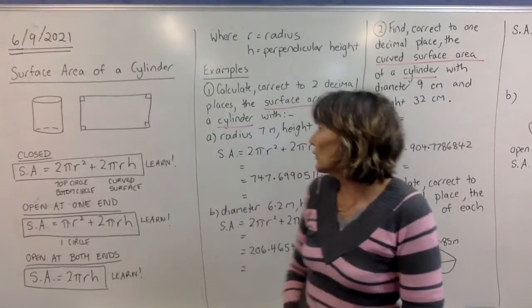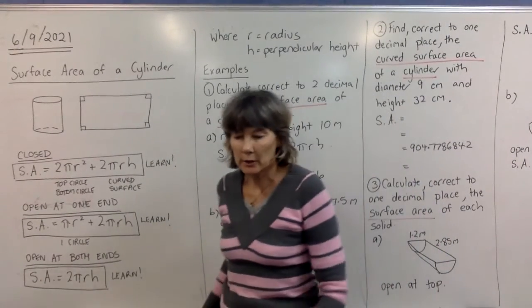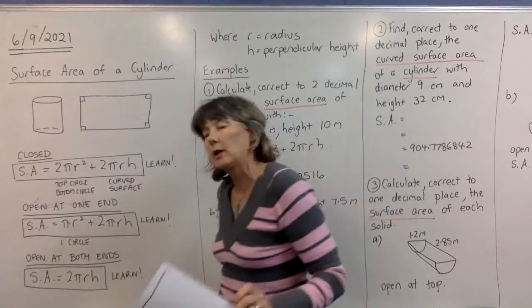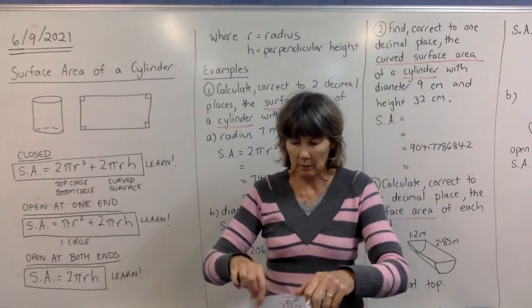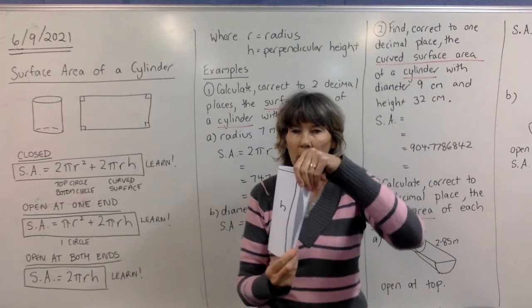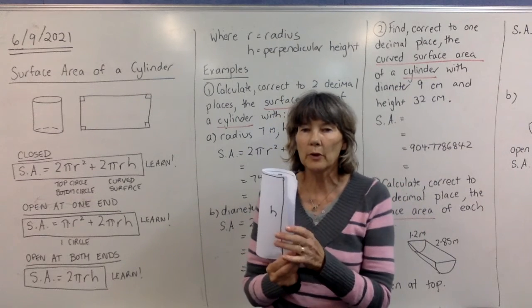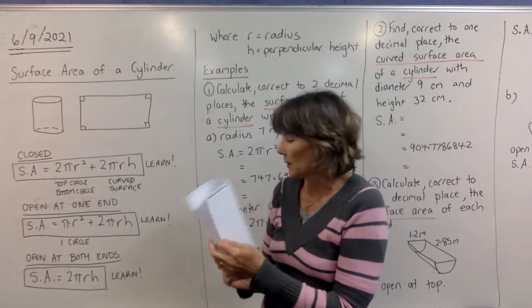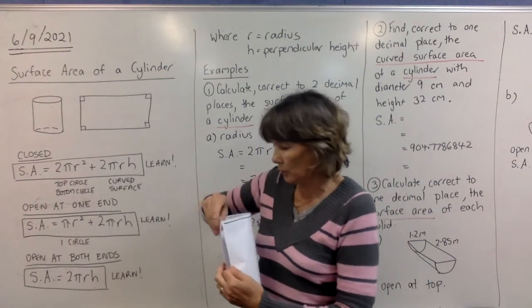Okay, so we're going to do surface area of a cylinder today. So I want you to have a think about what happens when we're looking at a cylinder. Okay, so this is what a cylinder looks like. All right, we curve that piece of paper around. So if you look at a cylinder,